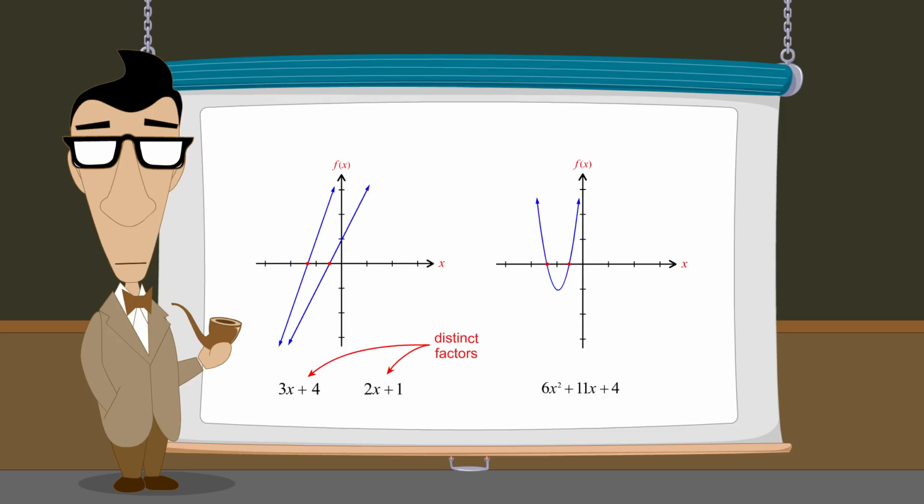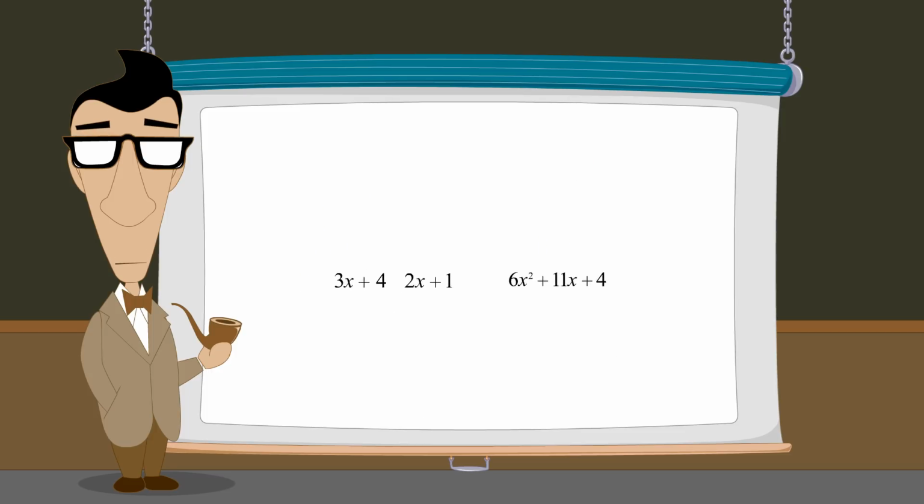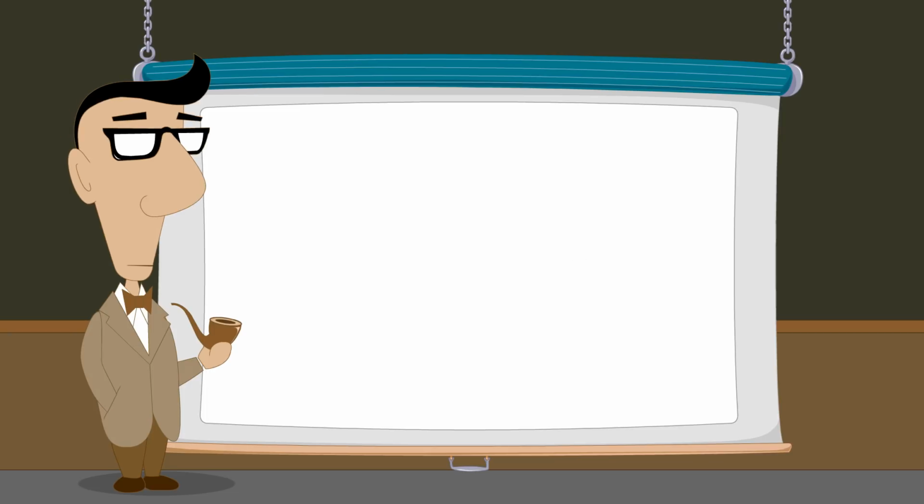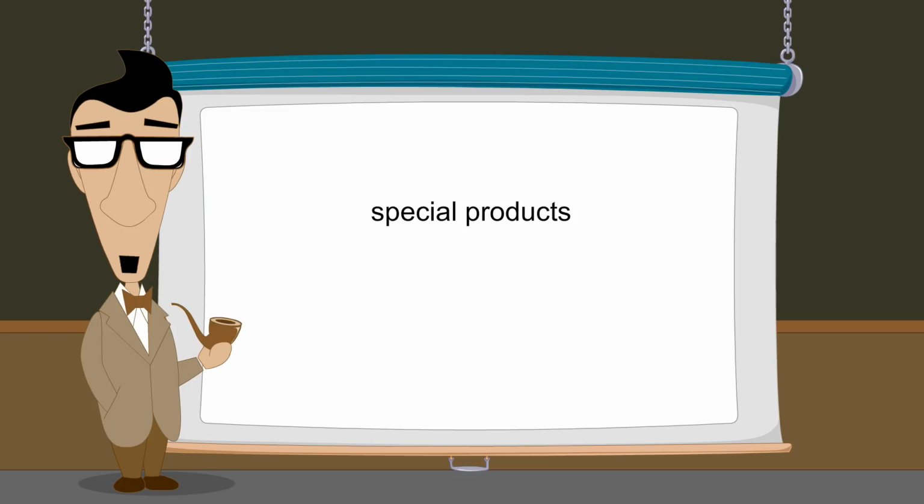So to factor a quadratic function, we must find a pair of linear expressions which, when multiplied together, produce the quadratic expression defining the function. Fortunately, there are several easily recognized cases of quadratic expressions called special products, whose factors can be readily identified. In the next two lectures, we will examine two kinds of special products, including quadratic expressions which are the difference of squares, and quadratic expressions which are perfect squares.